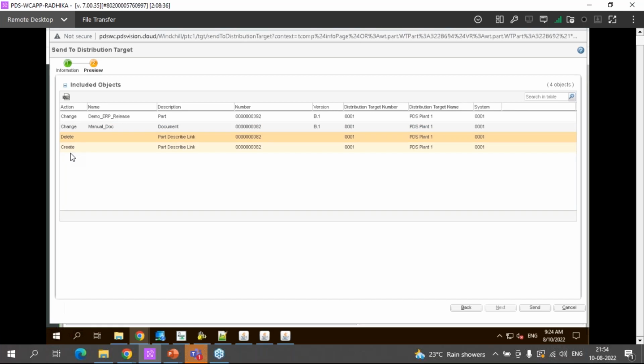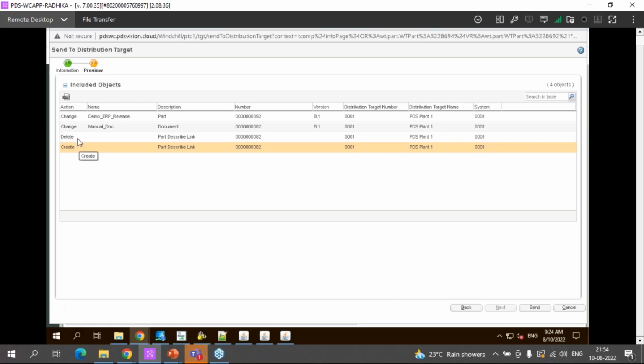That is why the link with A version was deleted, and we are creating a link with B version. So this is just an indication that the link is changed. So even before sending the data to the ERP system, we can have a preview of what is being sent over here. So this UI gives us an idea of what we are trying to send to the ERP system,